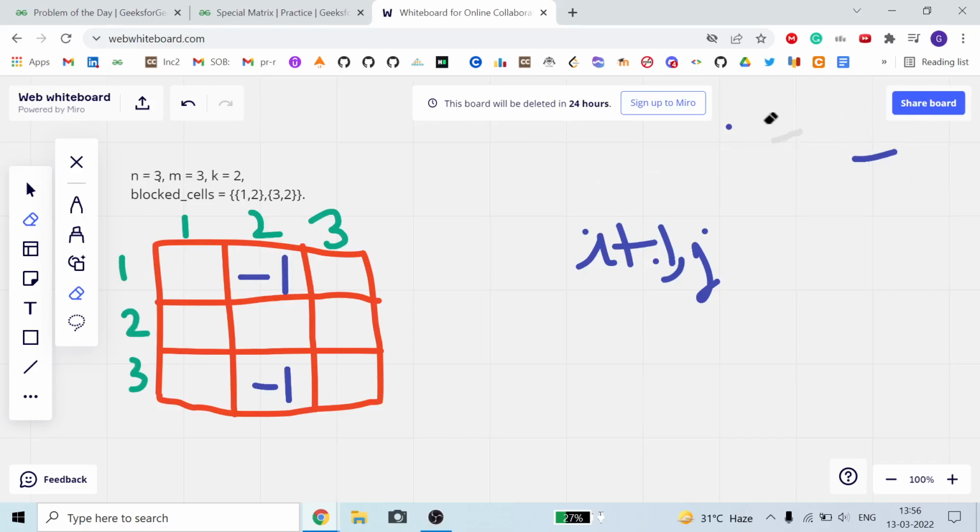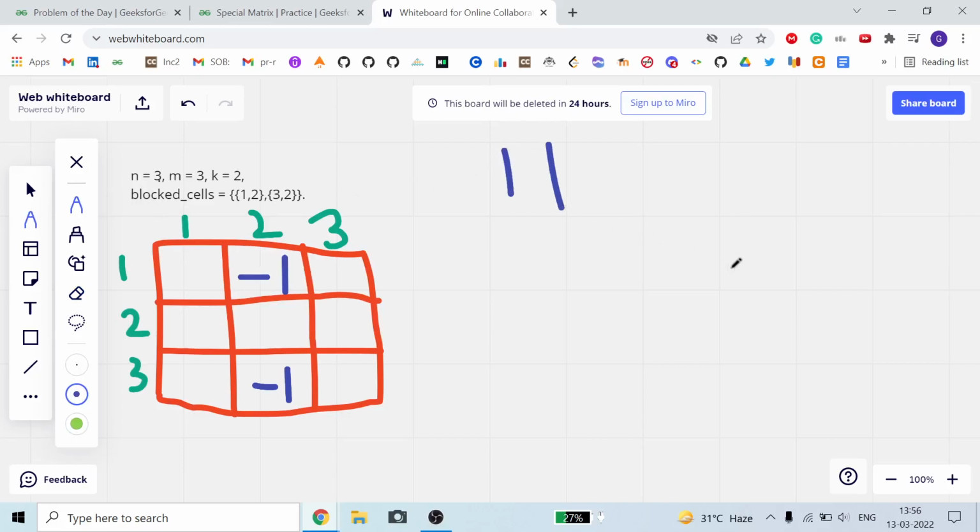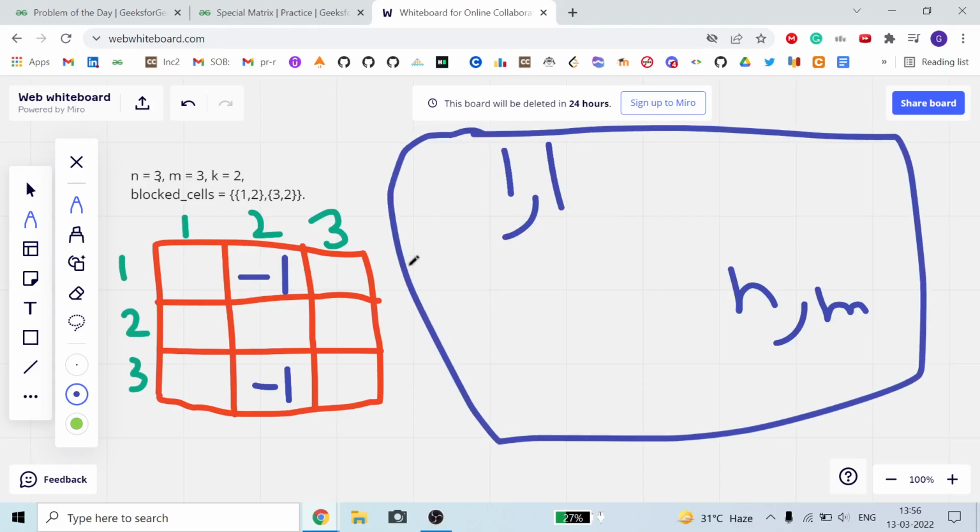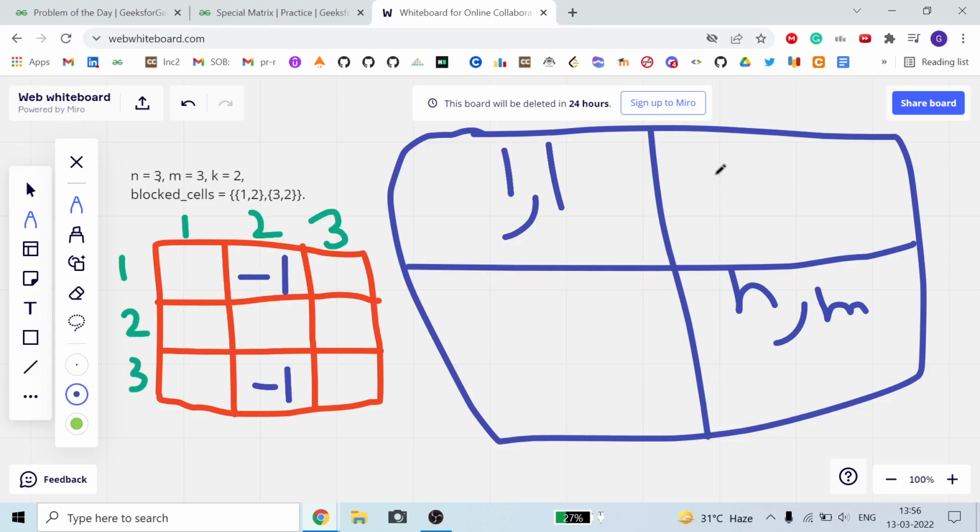So this is just an approach which we use in a problem like the total number of ways from 1 comma 1 to n comma m. This is just like this problem, but in which there is no blocked cell. If this is a matrix, then there are zero blocked cells. But here we can have blocks like this. If this is blocked, this is blocked. Something like this can happen here.